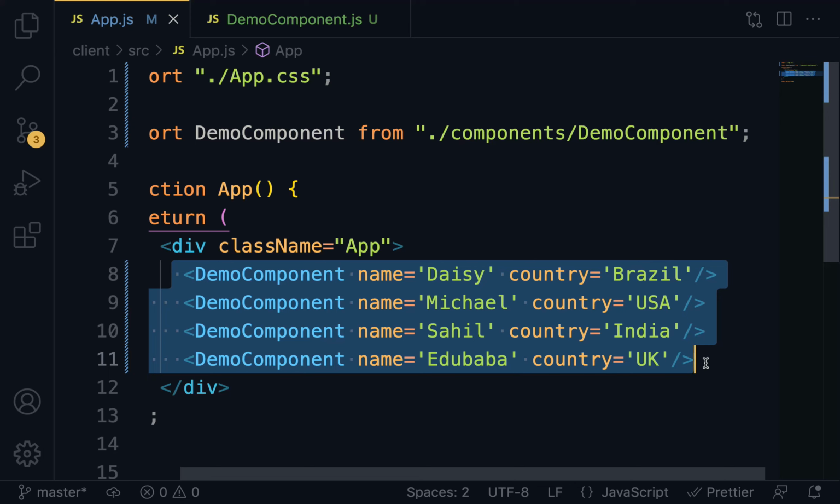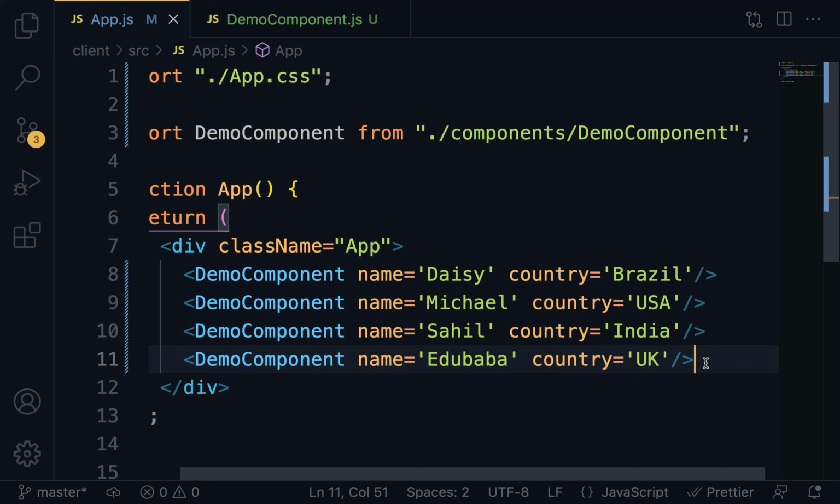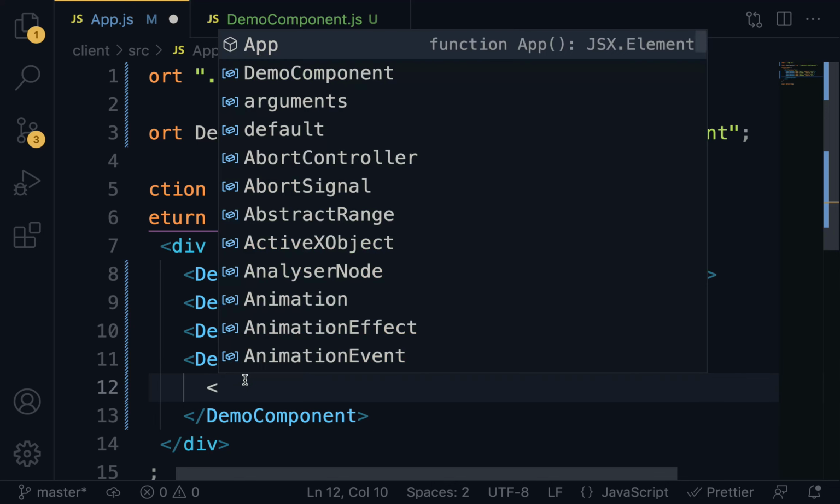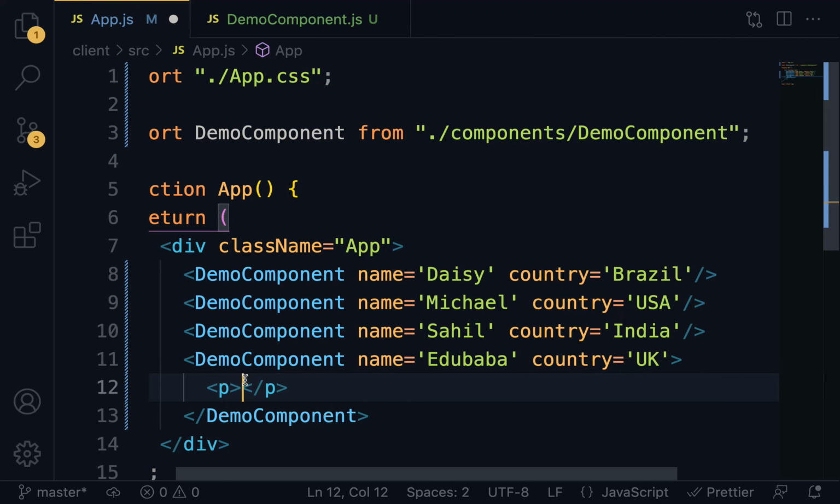So let's say we want to add a couple of pieces of information about this guy, including his profile picture. So what I'm going to do first is to clear off the self-closing tag and then close it down with the actual closing tag. And here it is. So this is the closing tag that is used when the component has children. And in this case, we are going to have a p tag. And right within this p tag, I'm going to do,